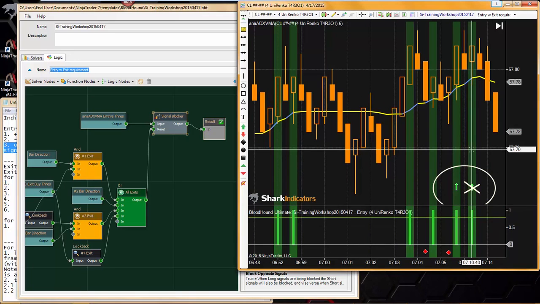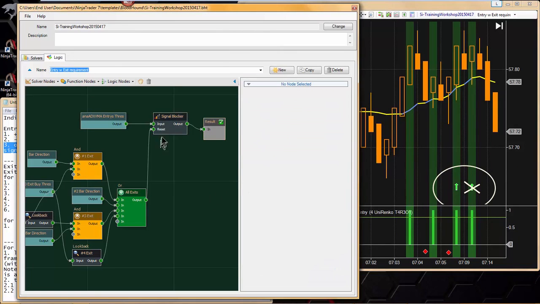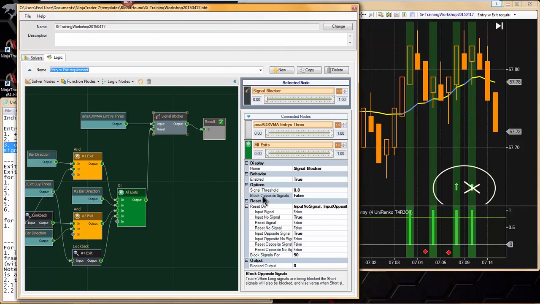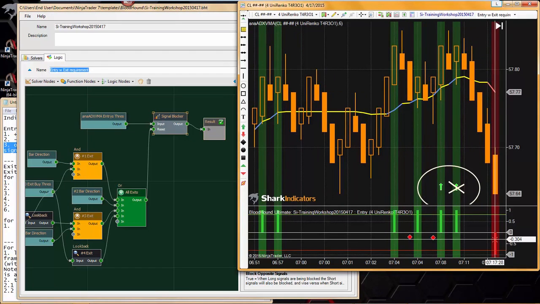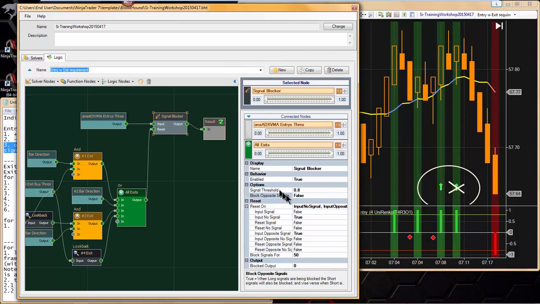So an opposite signal would be a short signal. If the last signal was a long, the opposite would be a short. So if I step forward, boom, there's a short which is opposite that long. So if I set this to true,